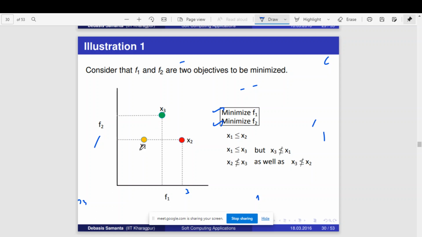Okay, right? What about, see, if I ask, does x1 dominate x2? From this graph, how will you say? Both are lying in the same line. That is with respect to what? With respect to which function are they lying in the same line? With respect to f1 or with respect to f2? Is the question clear? With respect to f1 they are lying in the same line, or with respect to f2 they are lying in the same line?